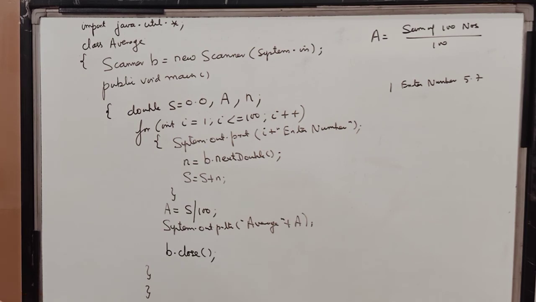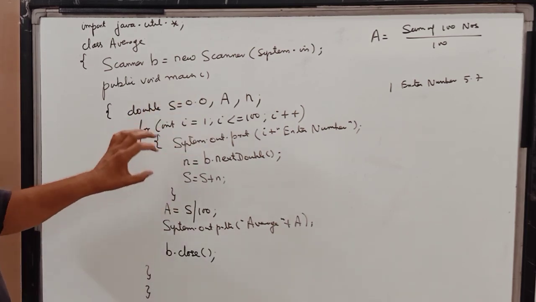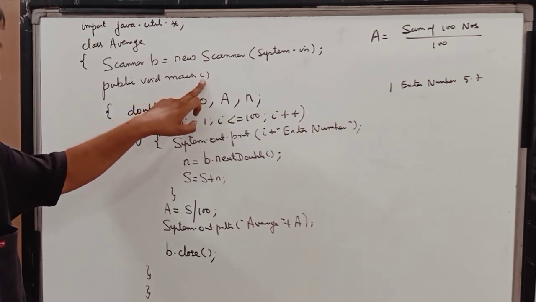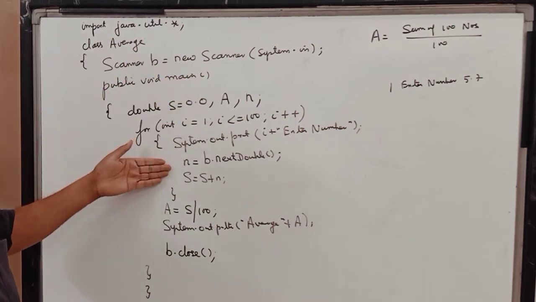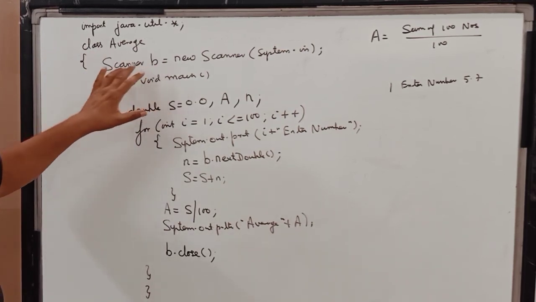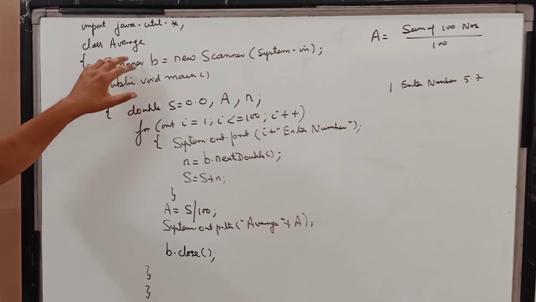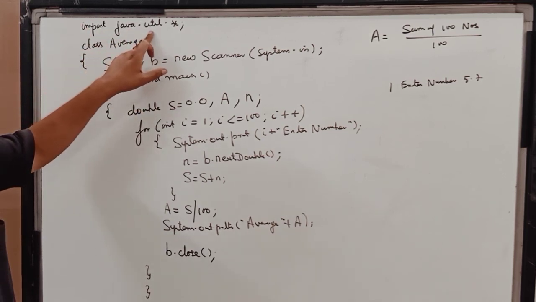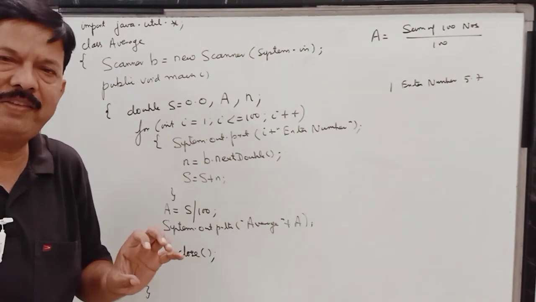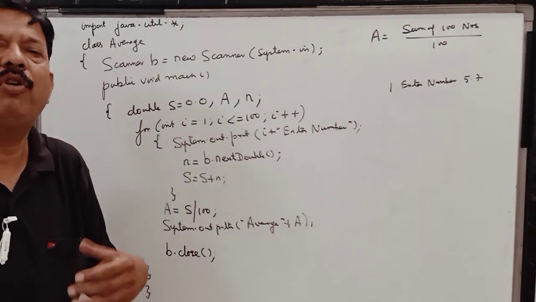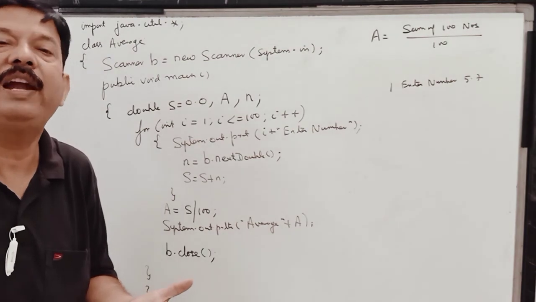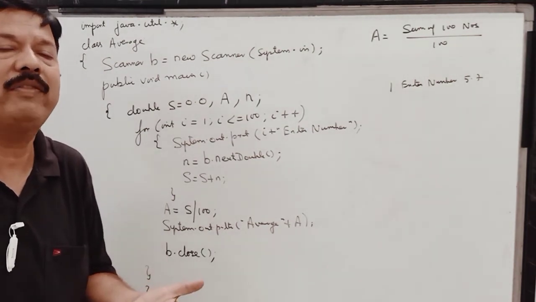So children, till now I was inputting my number here in public static void main, but that was not possible in this program. So I have entered my numbers in a loop where I have to enter many numbers, and this I have done with the Scanner class. Since the Scanner class is available to us in a package called java.util, I have first imported this package. A package is a collection of classes. I have told you on the board a question has come, what is a package? The answer was that a package is a collection of related classes, and it asked you to give a few examples.